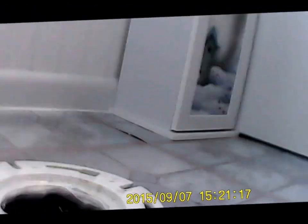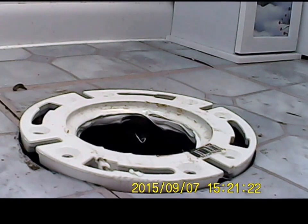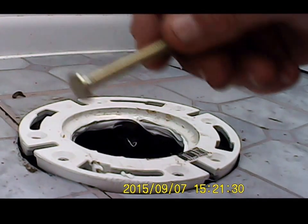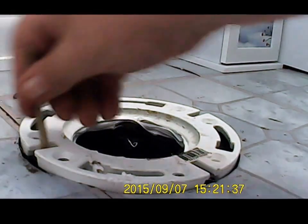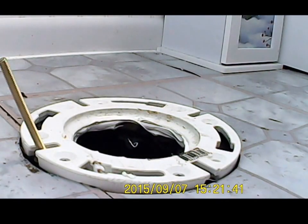Get this camera set right here. Okay, you're looking at the fixture that comes out of the floor. First thing I want to do is see these bolts here. They fit in these slots like this. That's how it grabs in there. Well, those are awfully long. Good. This one comes with these handy little